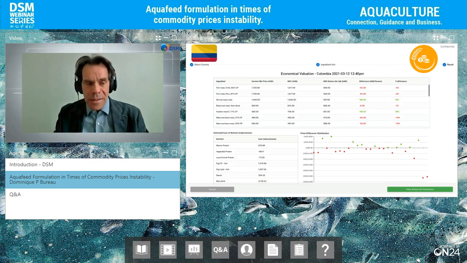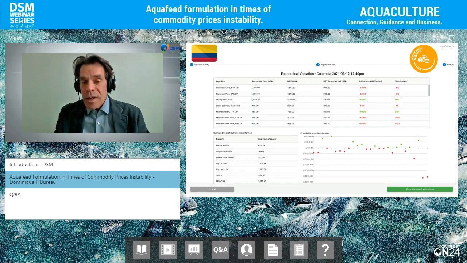So in this case, if it's a marine protein, it gets a very big bonus of $600 per ton for a high-quality fish meal. So above and beyond the nutritional value, the fish meal gets a big premium, right? Other ingredients actually do not get that premium and often get a discount. So let's say vegetable protein, animal protein, they get a discount. The market views them as a less good source of these nutrients, so therefore gives them a penalty.